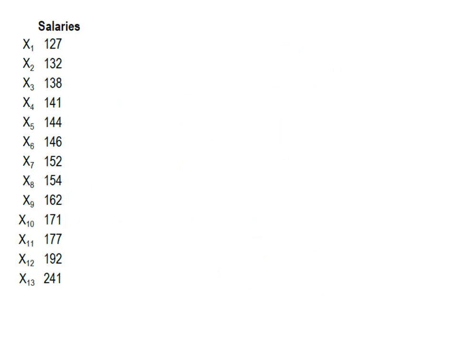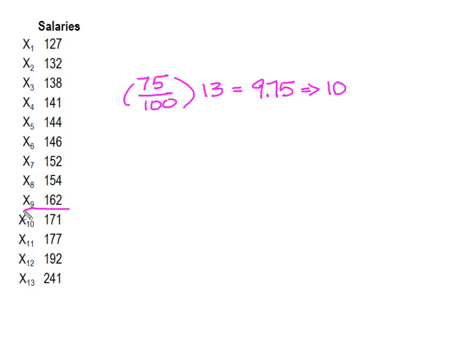Multiply that by the 13 values that we have in our data set, gives us 9.75. Since this is not an integer, I'm going to round up to 10. I'm going to find the 10th value in my data set, and I can see that Q3 is located at a salary of